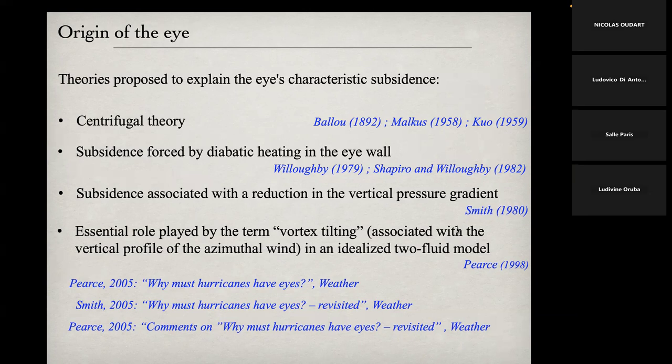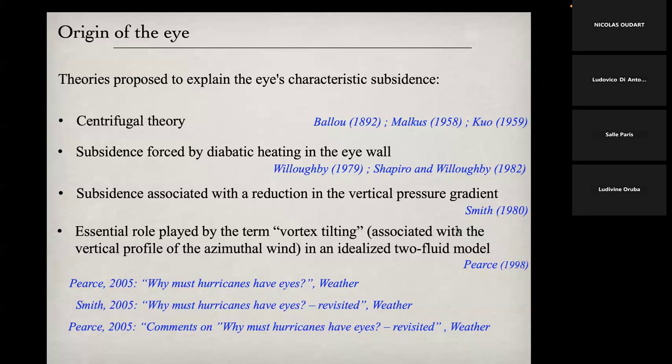And this source of heat at altitude generates a downward motion on the axis. However, the weakness of this mechanism is that the reasoning is based on the pre-existence of a convection ring. You can see that more recently, Robert Peirce proposed another mechanism in which the vertical profile of